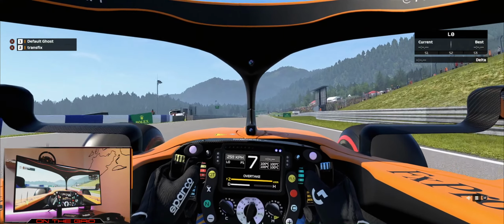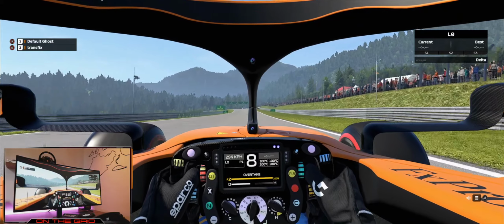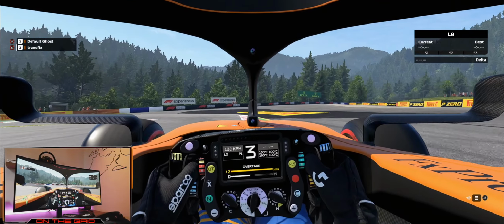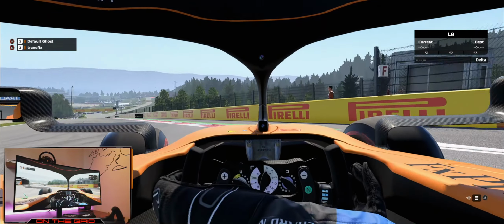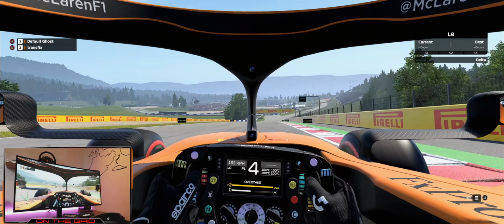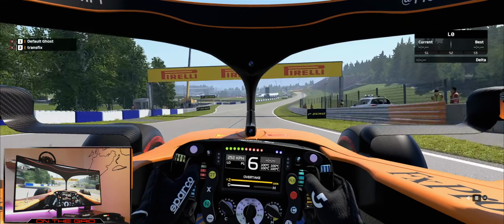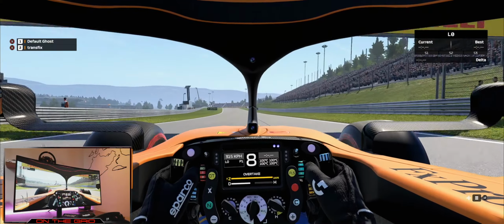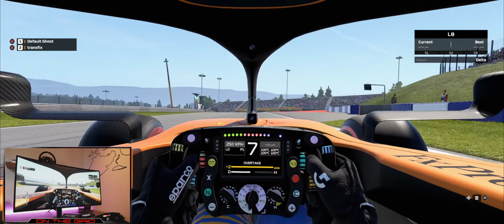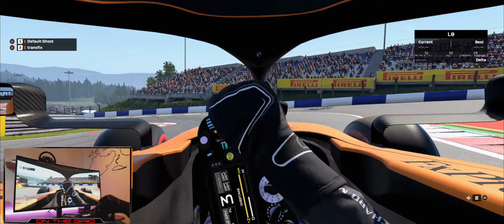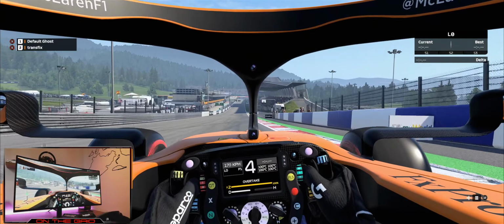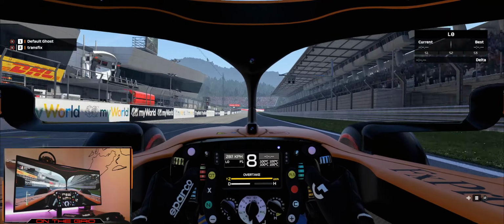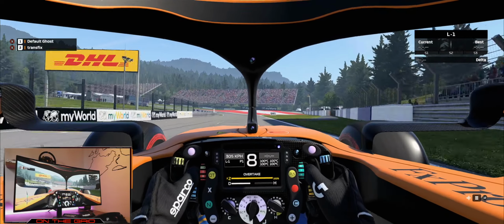Another DRS zone, perfectly placed for this track. Yeah, I really like this track in reverse. Just feels really natural. And that was the Styrian Grand Prix in reverse. All right, let's go on to the next track.